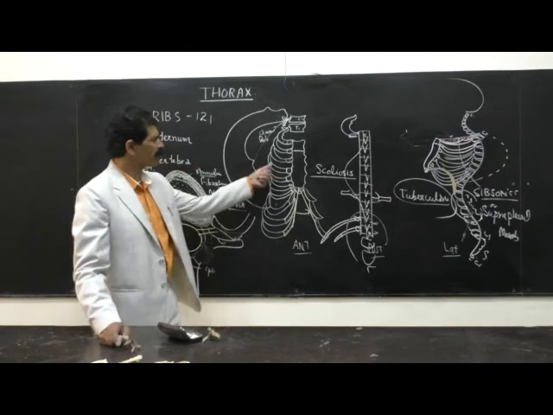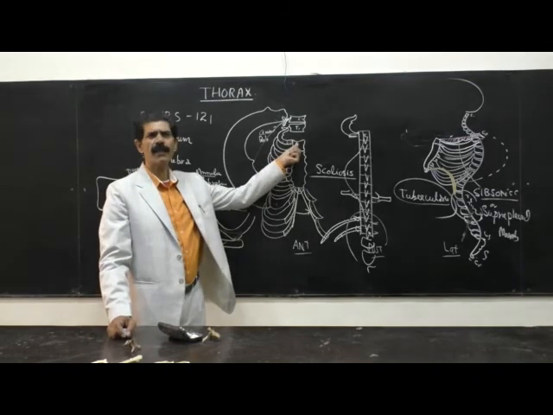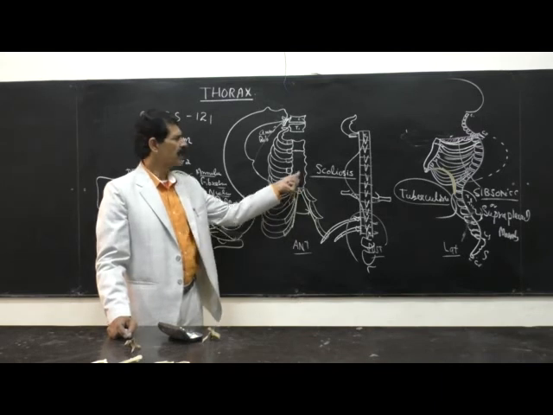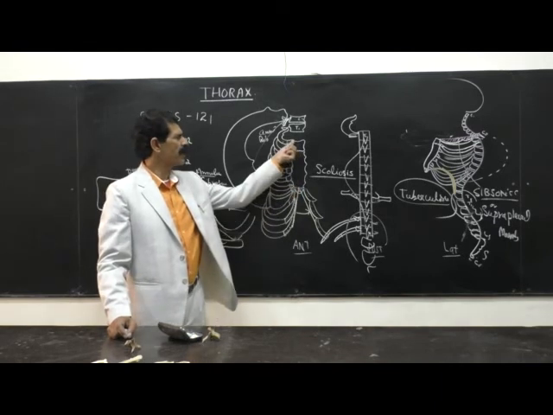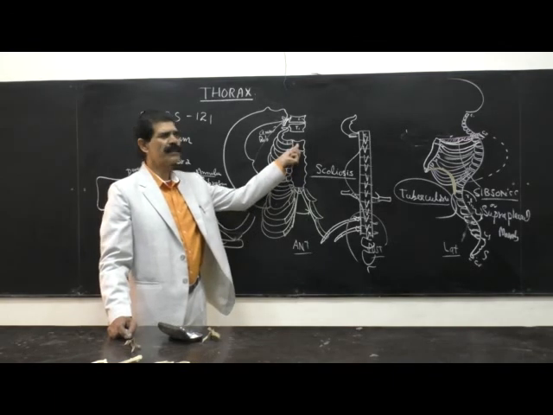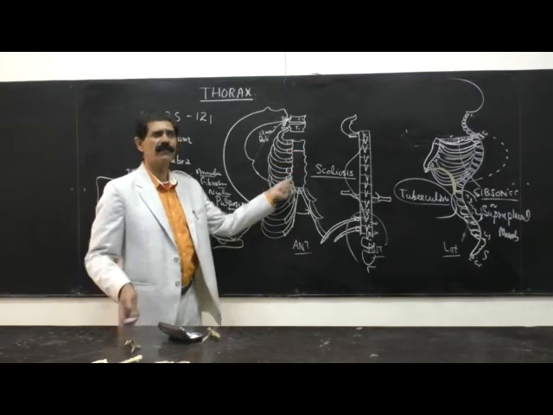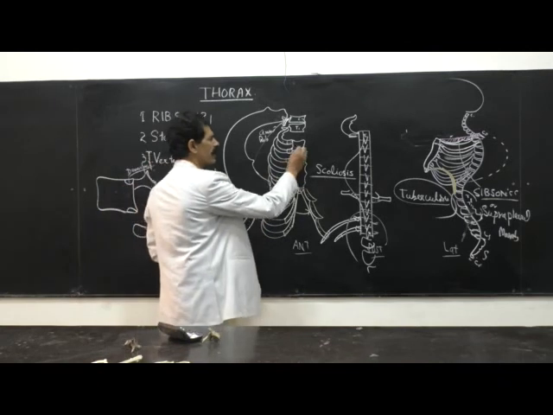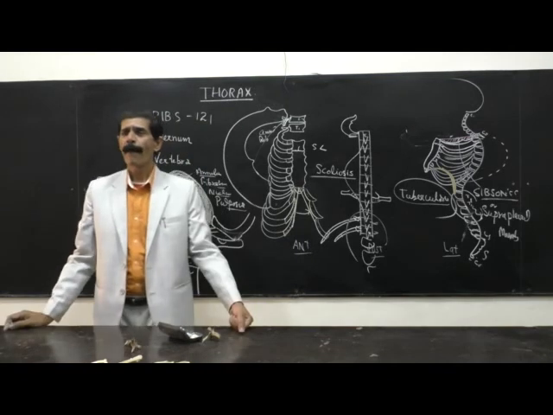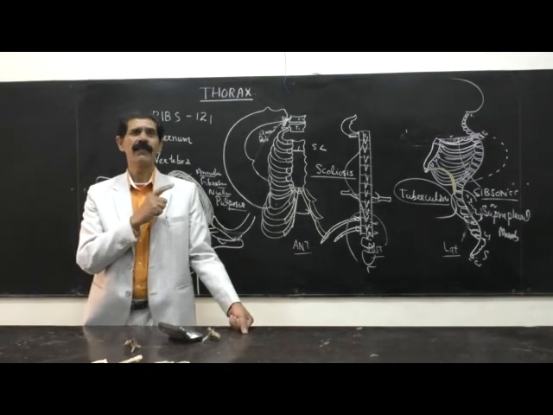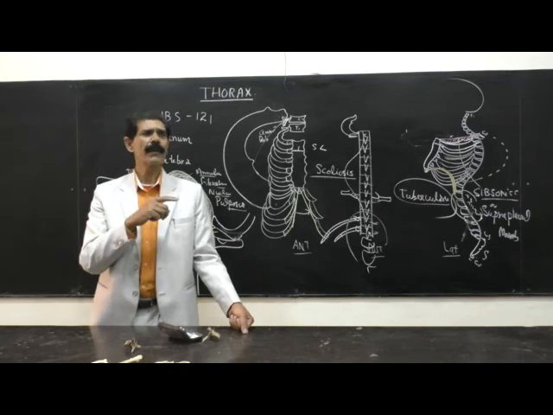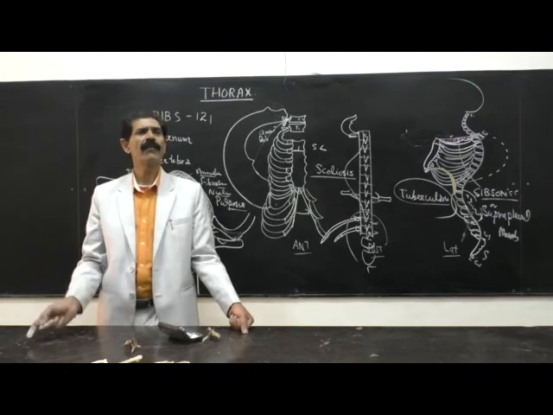Then the sternum has three parts. The upper part is called the manubrium sterni, then the body of the sternum, and the xiphoid process. On the lateral aspect, the manubrium sterni has the articular faces. And where the manubrium sterni articulates with the body of the sternum, this part is called the sternal angle, also called the angle of Louis, and 12 things occur at this level. You have to remember 1 to 12 things. What is happening? Because we will ask you in the Viva.